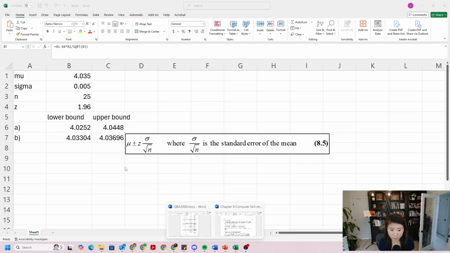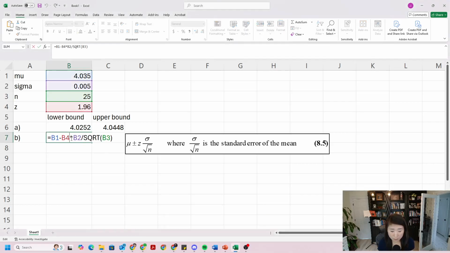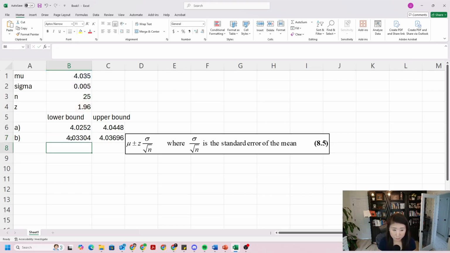Okay, that's the conclusion. Okay, so again, for the computer skill lectures, if you think I walk through a little bit too fast, make sure as you watch this video, pause the video as I type in those formulas to make sure you select the right values. And after you type the formula, make sure you match the number as well to make sure you actually use the right